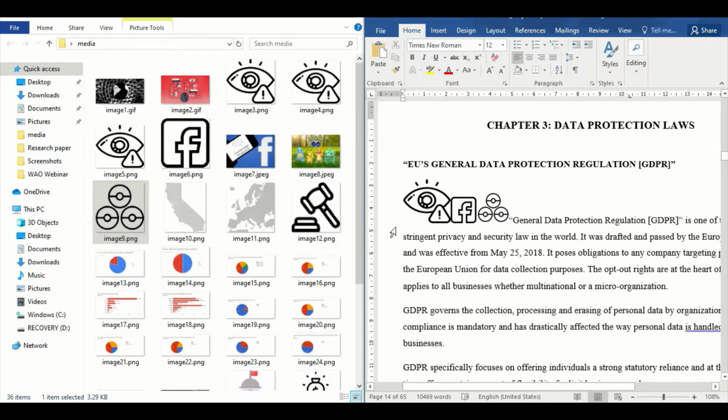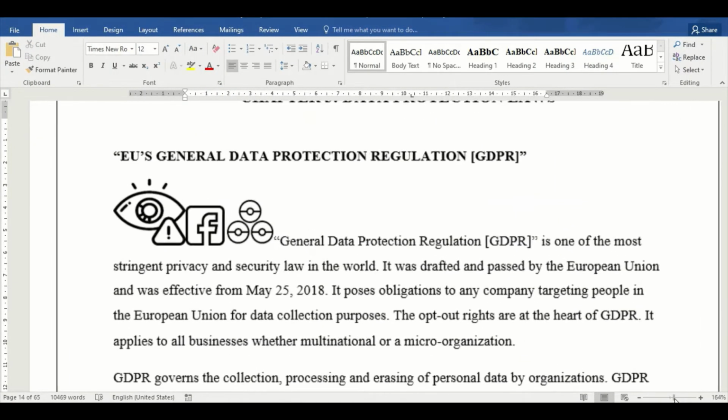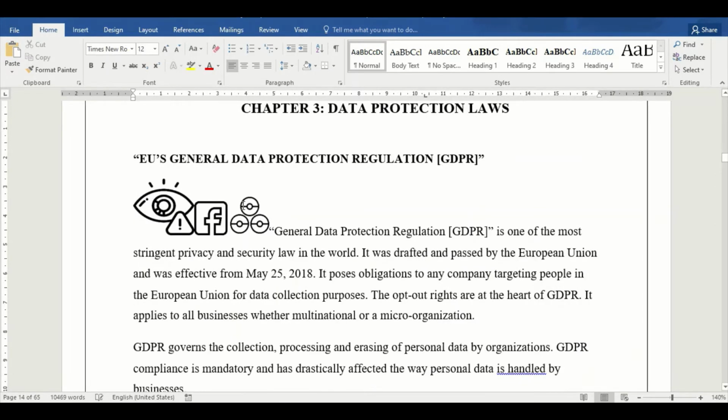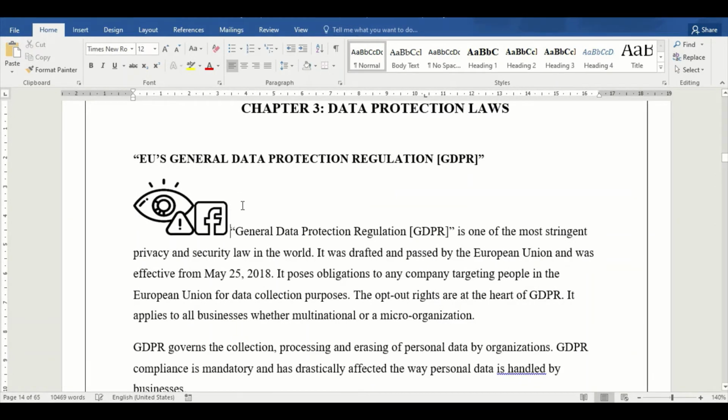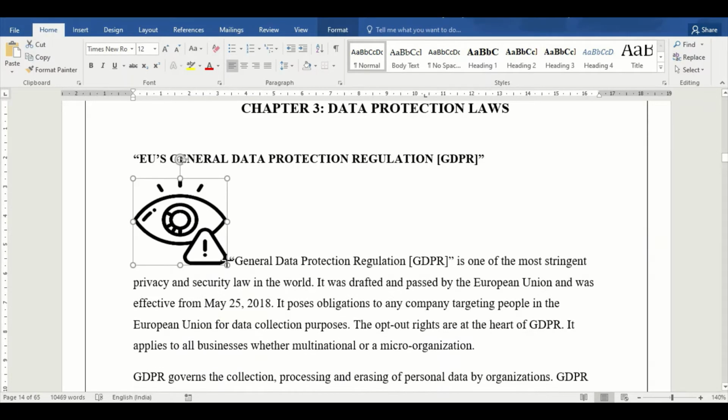So once I'm done with this, I don't really need the help of the folder on the left hand side of the page. So I'll just expand this and zoom into the text so that I can see it better. I'll be deleting the last two images and work with one to give us a better understanding of the layout options. Once you click on the image, you see that a small box appears over here. When you run your mouse over it, you can see that it states that it has the layout options.